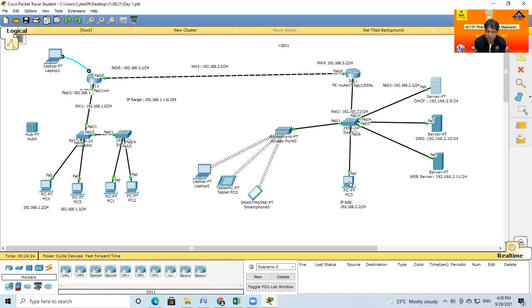Mostly dual mode is available in an Azure server, because with dual mode it is possible that at a time one is working and another is in idle mode. So their life will be increased by a minimum of 2 to 3 years. This is the main reason why a server computer has different specifications from a normal computer.